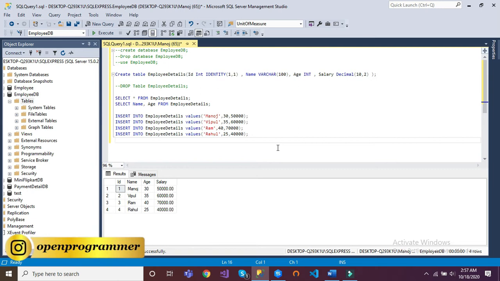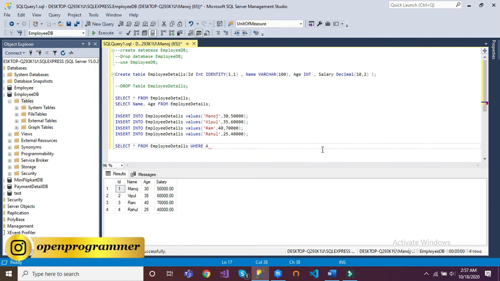Now let me show you how we can use conditions in our select command. Let me copy this from here and paste it here. In case you need the employees having age greater than 35, for example, how can we get this kind of result set? Here we use the WHERE clause.